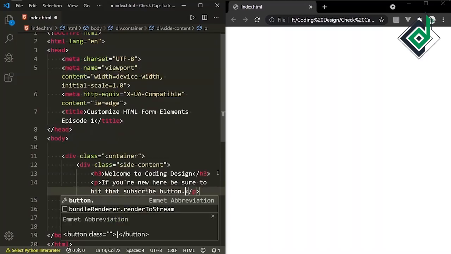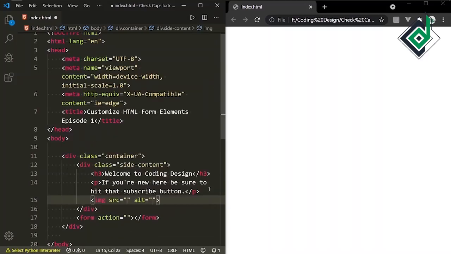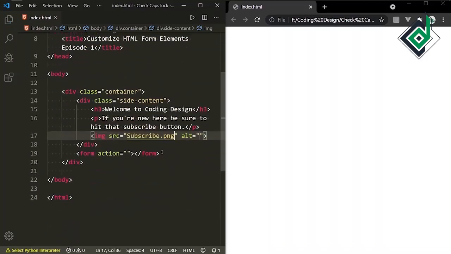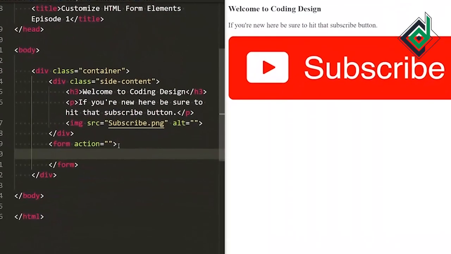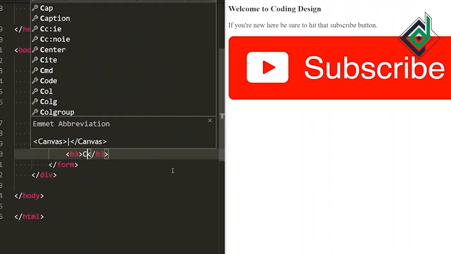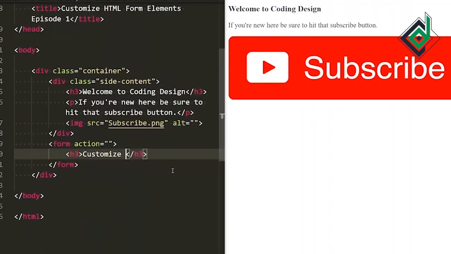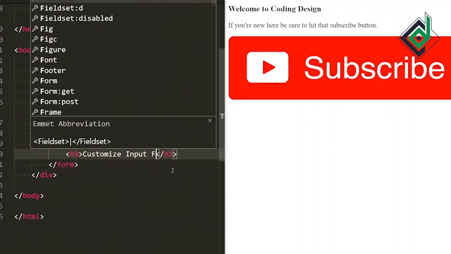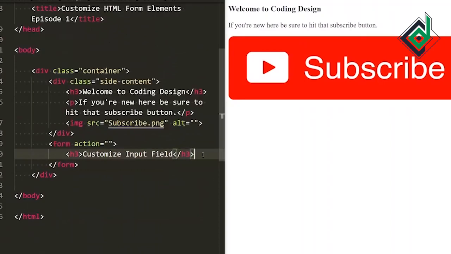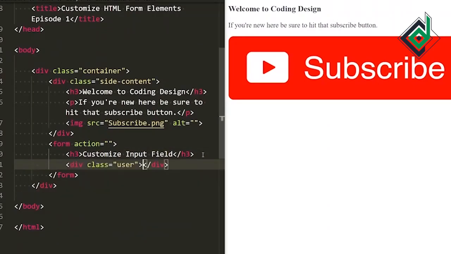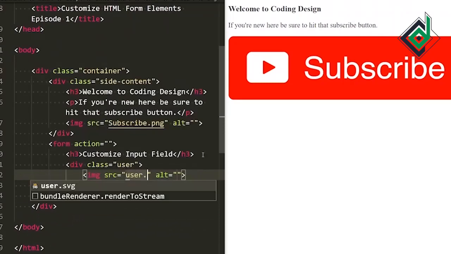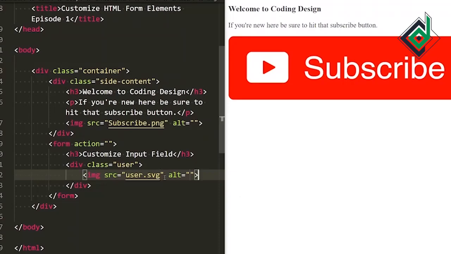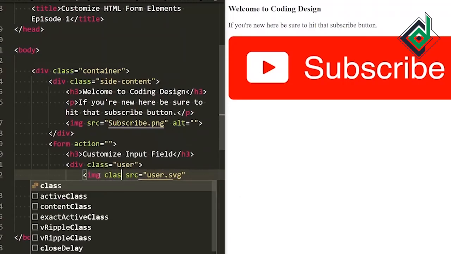So now let's create image element, and I'm setting my image. If I go back to the browser and let's refresh, now you can see that huge subscribe button. Now let's go to the form element. Now inside the form element I'm giving the heading, and next to that let's create div with class name user. Inside that div let's create image. Okay, I'm giving the image SVG image with class icon,